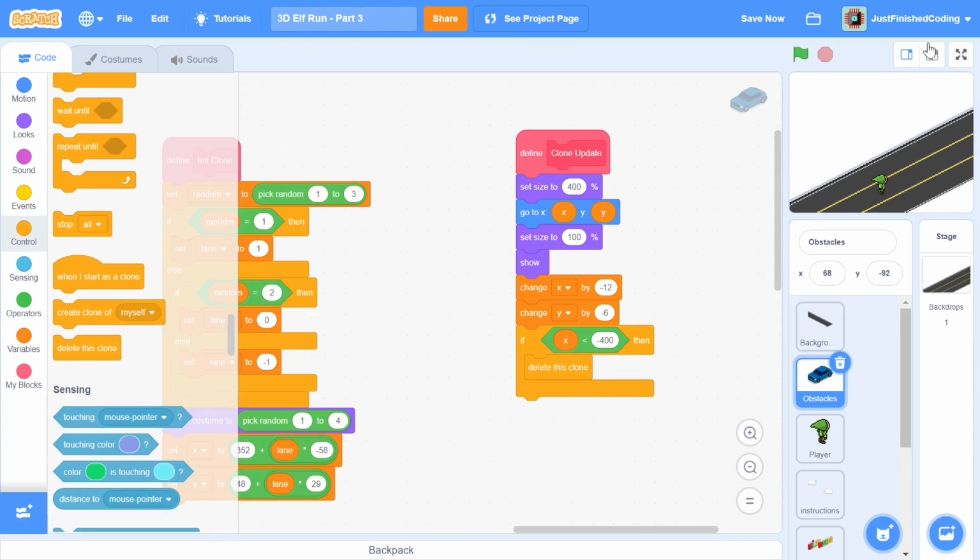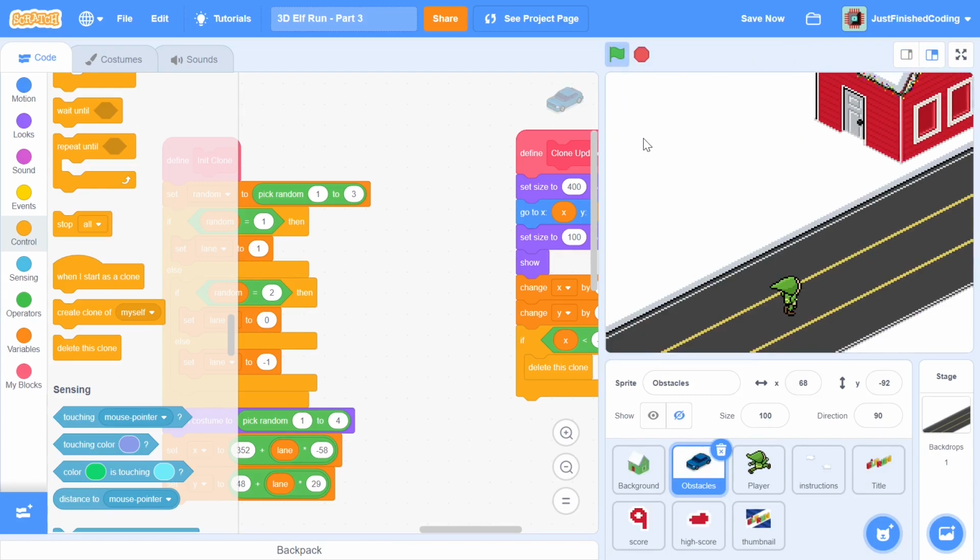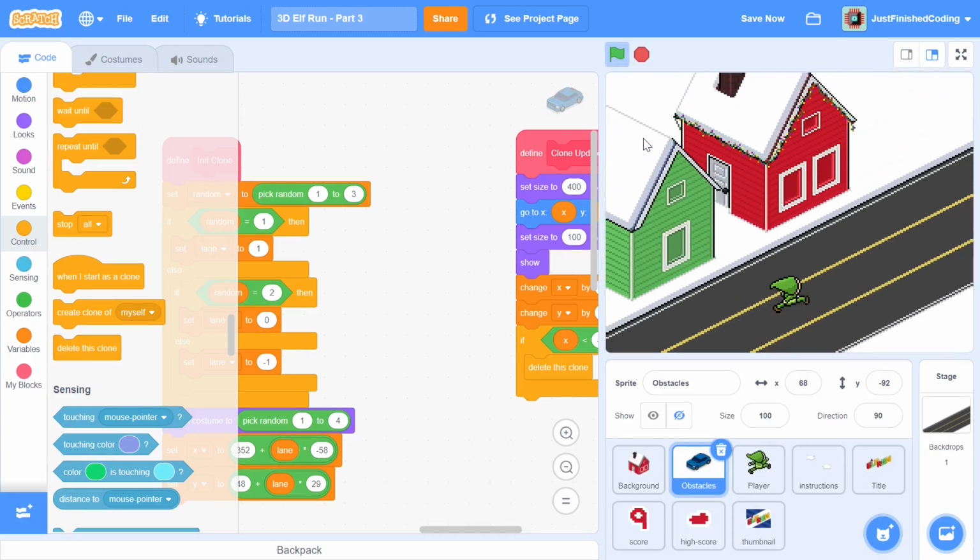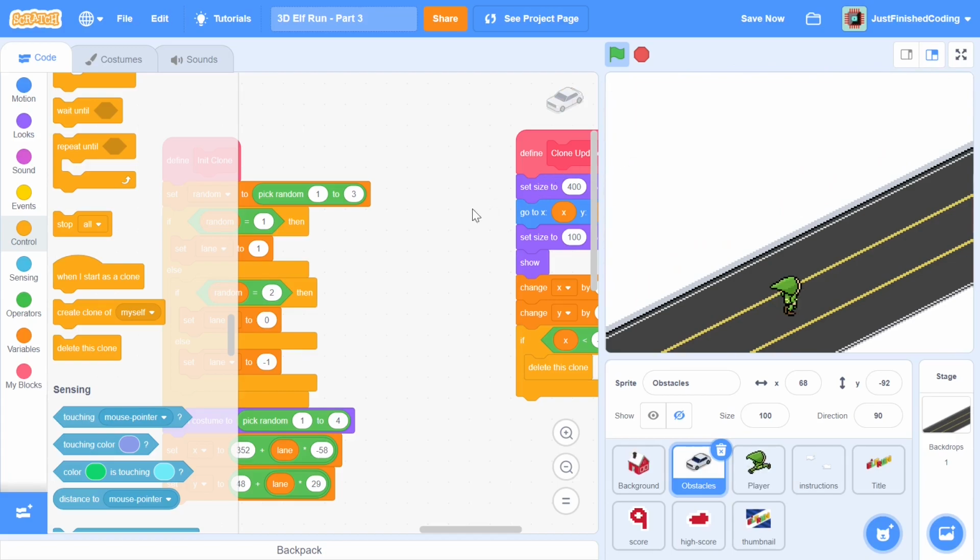Alright, so now we can run our code finally, and we can look at our results. So clearly there are no cars appearing, and it seems like I've made some kind of a mistake. So what I will do is go through my code once, and then I will be right back.